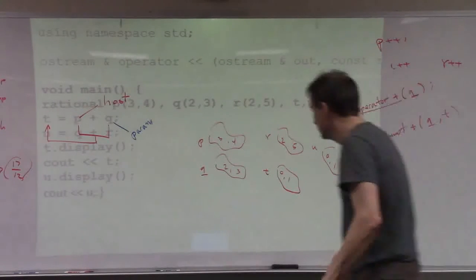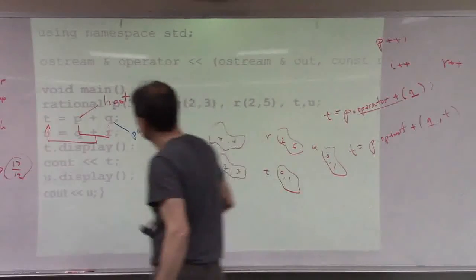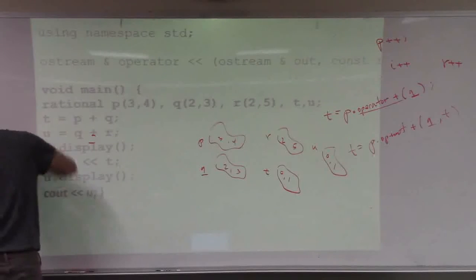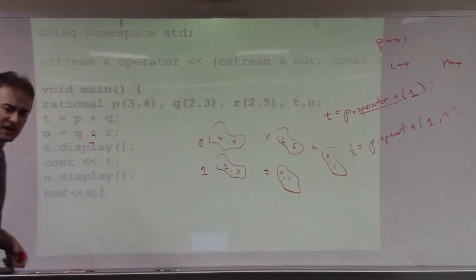Okay, so I think everybody is aware what's going on here. So let's kind of review what we said. So what we're saying here is that